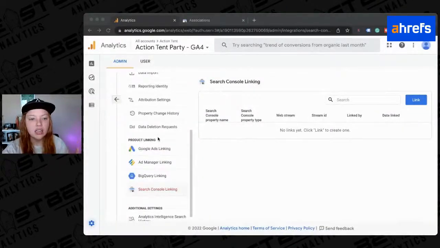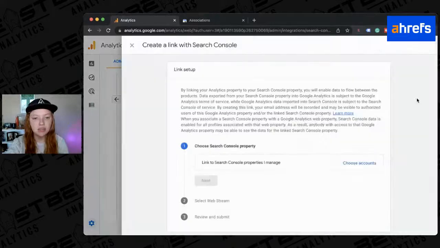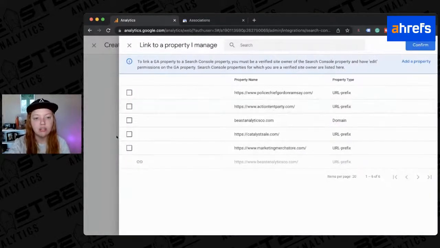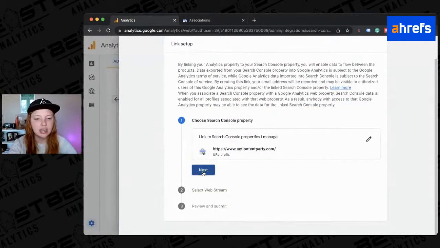We're in the product linking section, admin, product linking. This is the same thing. Search Console linking. I'm going to select link and choose accounts. This is the right account right here. Confirm. Now I'm just going to select next